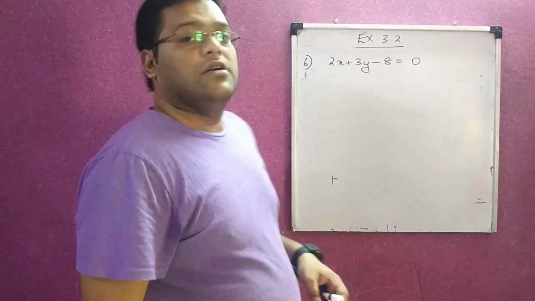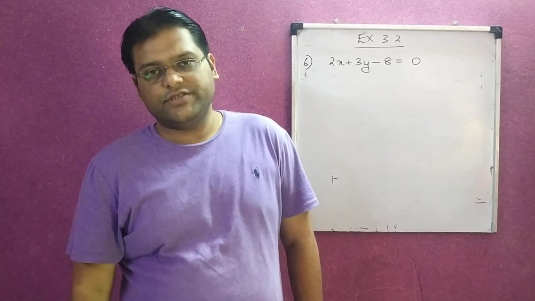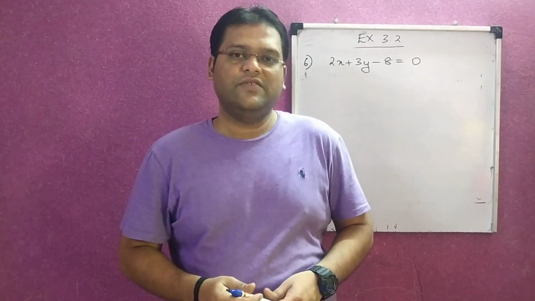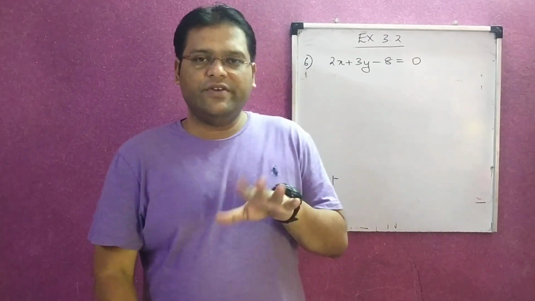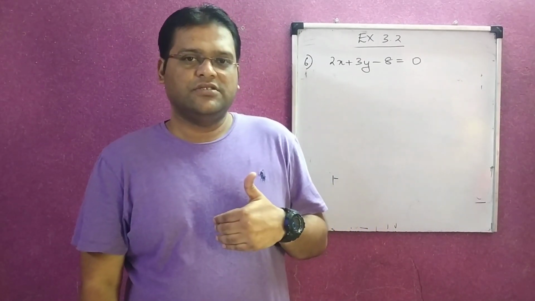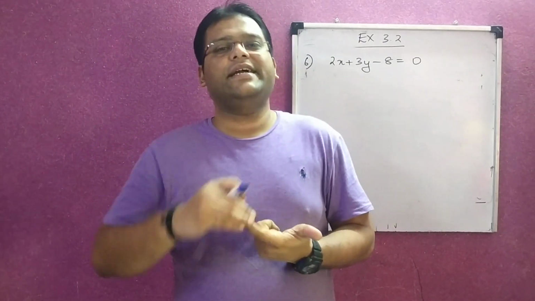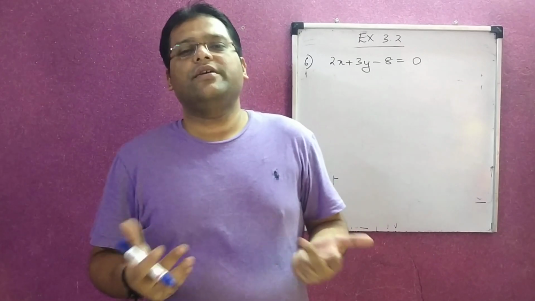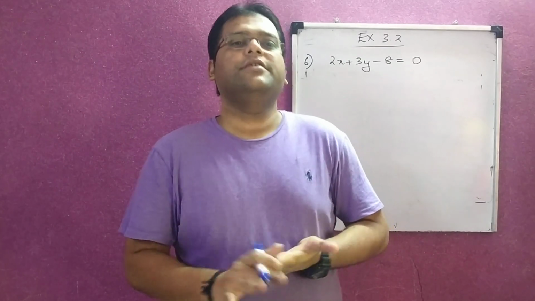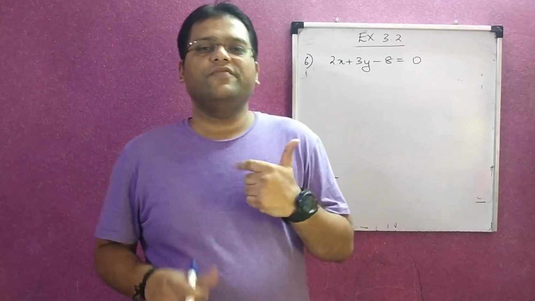You are given one equation, and normally in the chapter we have discussed a pair of linear equations. So the question is asking you to make a pair. In fact, you are asked to make three pairs, in which one of the equations should be the given one, and the second one should be such that the pair so formed will be first a pair of intersecting lines, second a pair of parallel lines, third a pair of coincident lines. So here you have to apply the logic that you had used in your second question, where you were deciding the type of lines based on the ratio of the coefficients.